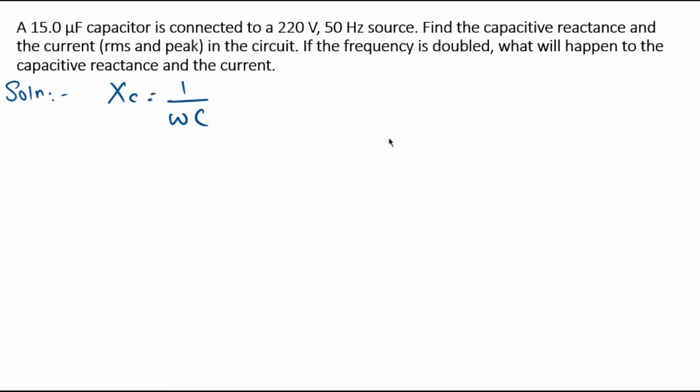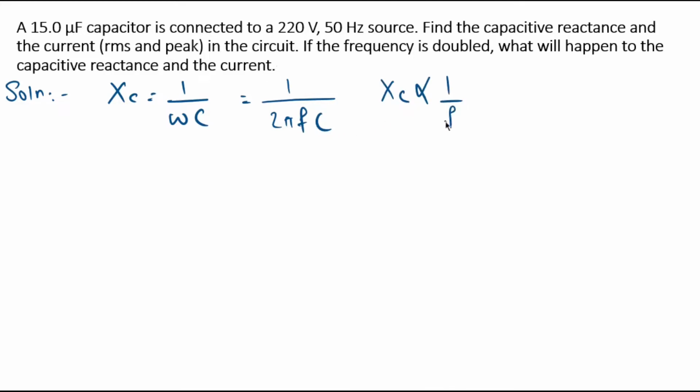So in the next part of the question, they have asked us that if the frequency is doubled, what will happen to the capacitive reactance and current. So we know that capacitive reactance is given as Xc equal to 1 upon omega c. In terms of frequency, this can be written as 1 upon 2 pi fc, which implies that Xc is